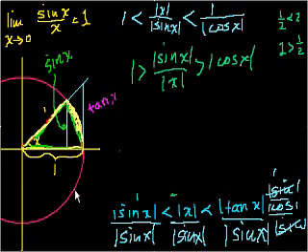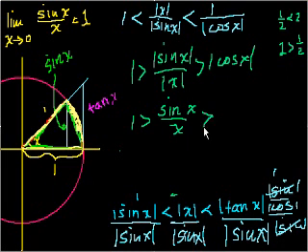So in the fourth quadrant, sine of x over x is going to be a negative divided by a negative, so it's going to be a positive again. So sine of x over x is always going to be a positive. So the absolute value signs are kind of redundant, right? So we could write 1 is greater than sine of x over x. And the same logic